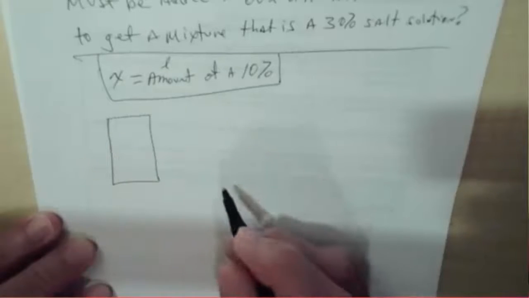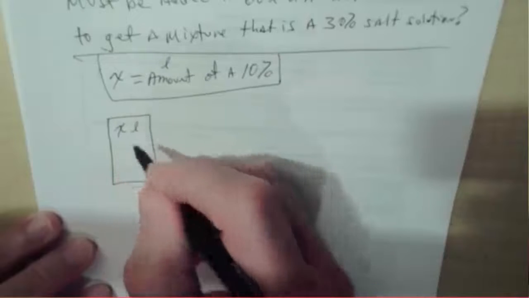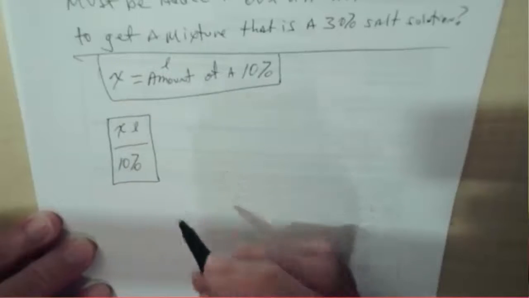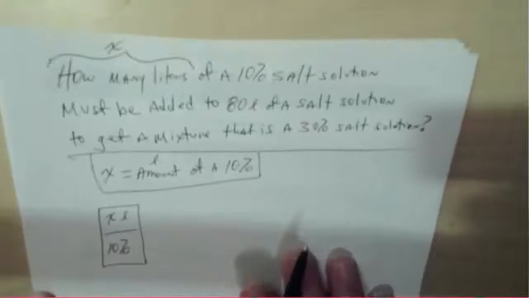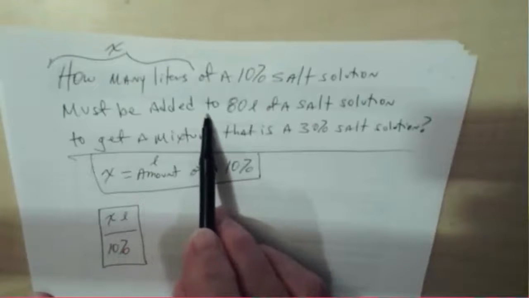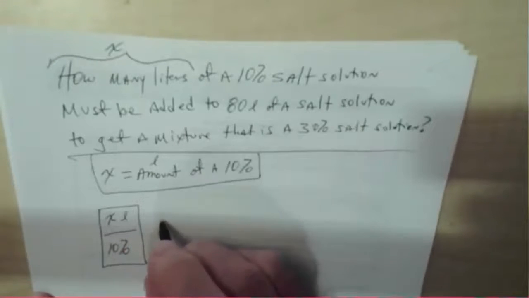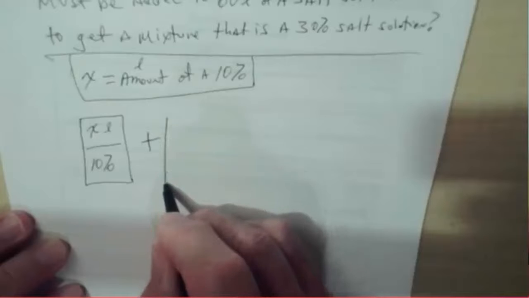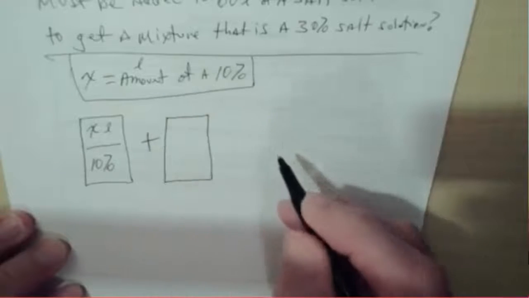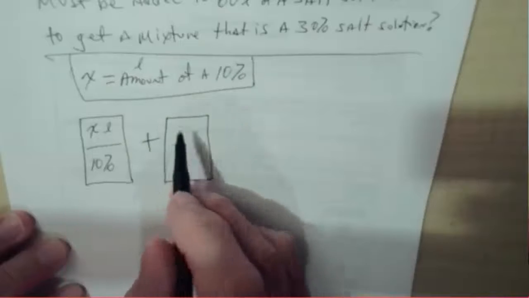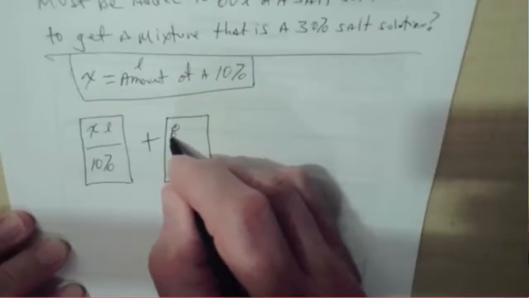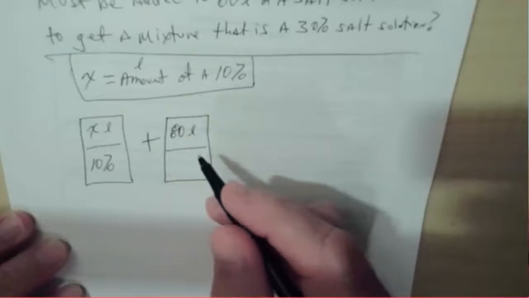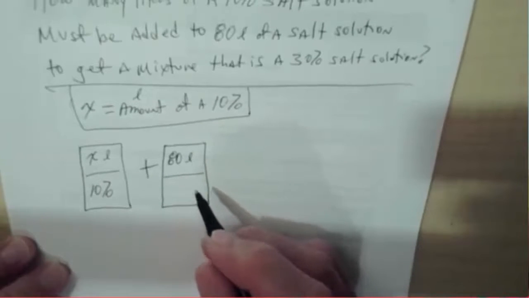Okay, X liters, that's what we want, of a 10% solution. Now, up here it says must be added to. So how do we write that in math? Oddly enough, plus. Okay, we got liters up here at the top, so we're going to put liters here. 80 liters of a